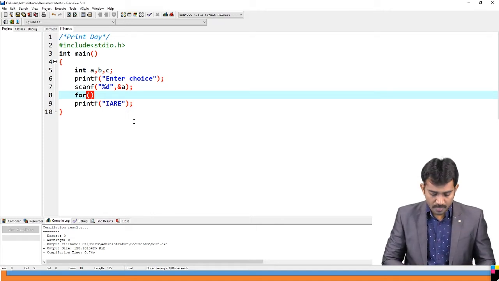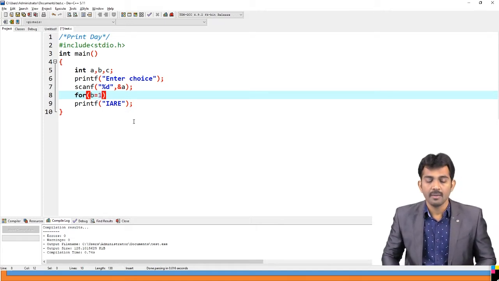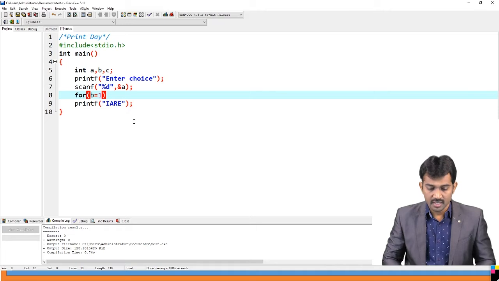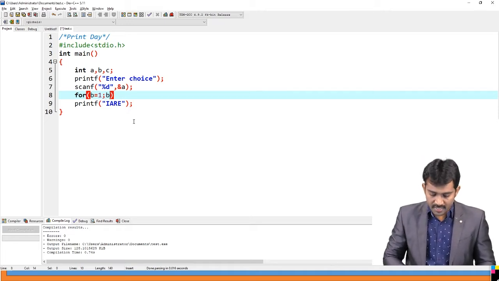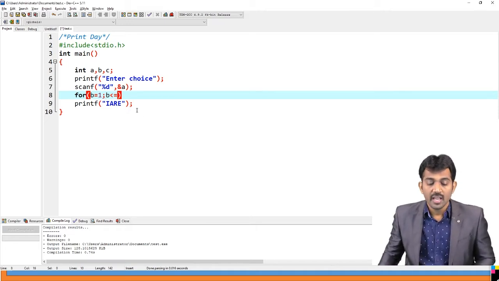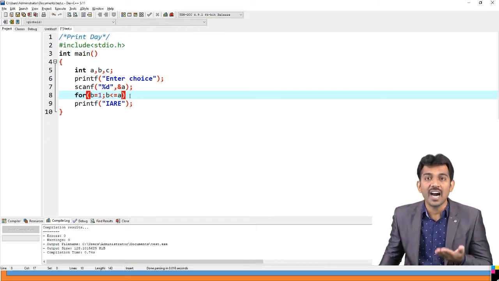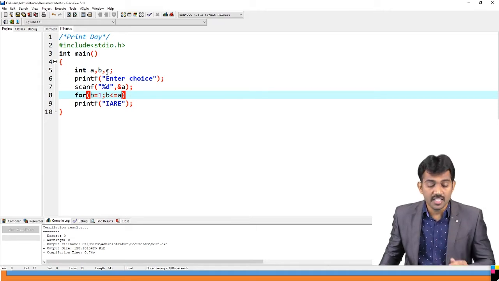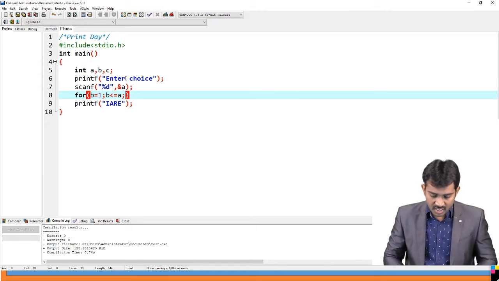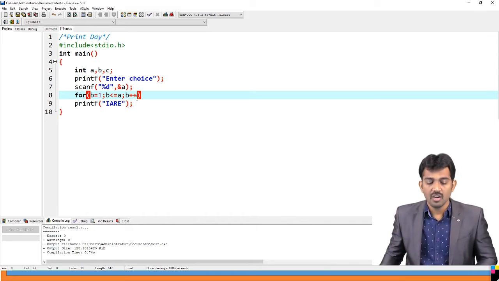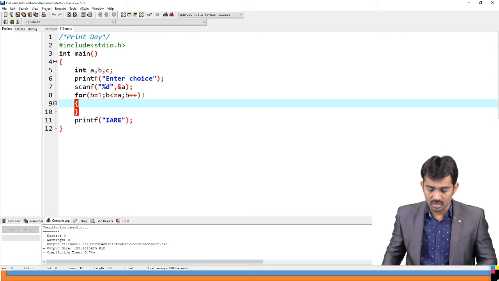Initialization, right? So b equal to 1, b is a variable I have already taken. Next, b is less than or equal to a. So a means how many times you are going to print IARE, that is represented with a. And each time you are going to use the increment, b plus plus, right? We will trace this code.